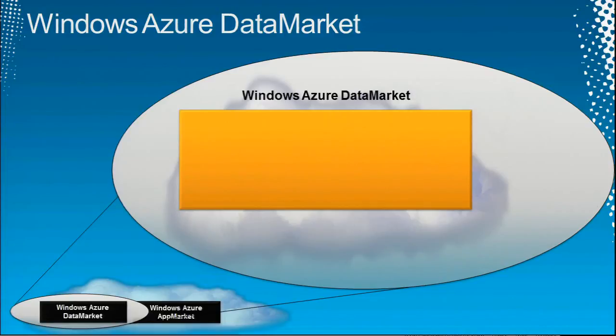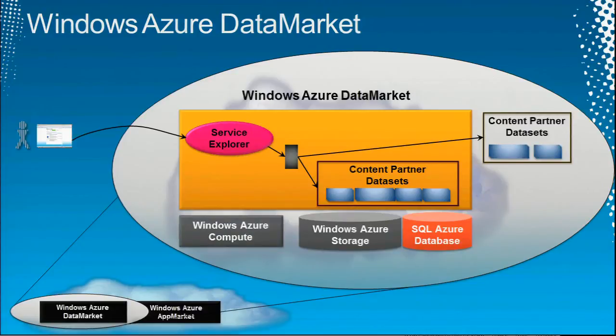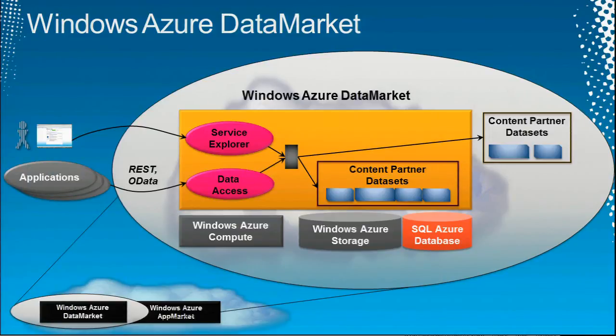On Windows Azure Data Market, content providers, people who own data they want to sell, can store that data in Windows Azure or at their own sites. You don't have to store the data in Windows Azure. You can. Data Market then provides an app called the Service Explorer that lets you go to Data Market and look around. What's there? What data sets are there? What can I do? You learn about them. You can then actually buy ones you want and build applications that via Data Market access that data. That access is via ordinary REST or, even better, through OData.